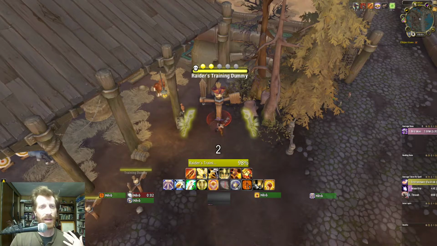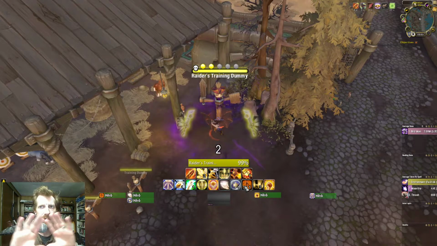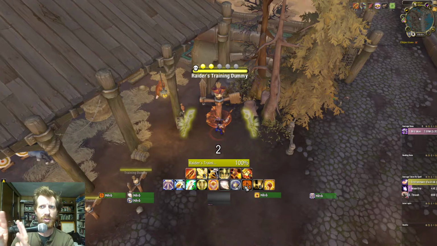If you just have that warlock's health stone in your bag and you don't have anywhere to track where it is and you're not used to pressing it, you're very unlikely to be in the habit of pressing it when you're in danger. Far better to overuse it and to track it and see where it is than to never use it and have no way to bring yourself back up in a dire situation. So those personal defensive things, sort of the consumable side, as well as the hard defensives, are absolutely essential